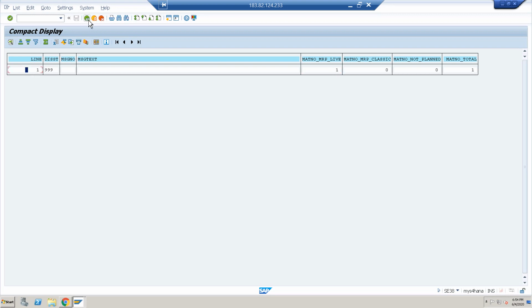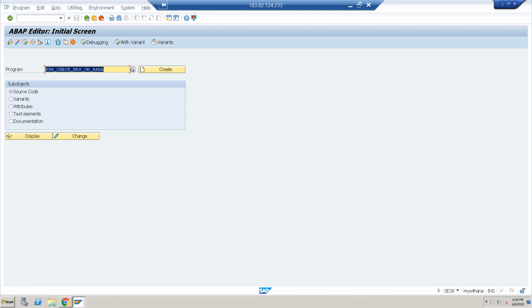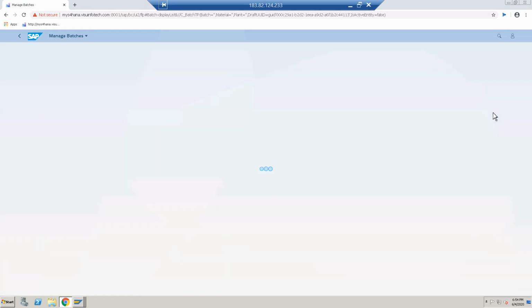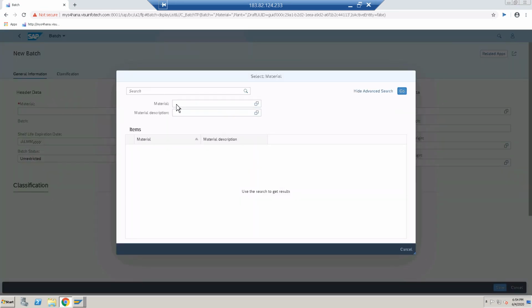Now go and create a batch for this material. This is Manage Batches. Click on Create. Enter your material.